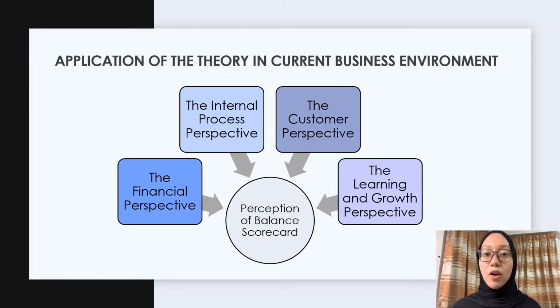It includes an organization's financial goals and enables managers to monitor financial performance and shareholder value. Second, the internal process perspective. It contains internal organizational targets and outlines the main processes required to meet customer goals. Then, the customer perspective. It includes the customer targets such as customer satisfaction, market share targets, as well as product